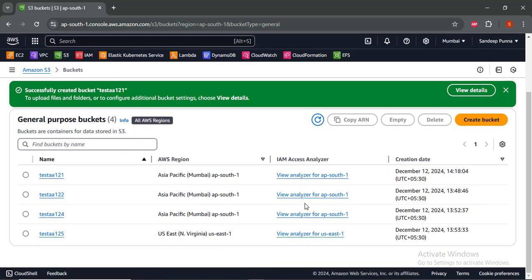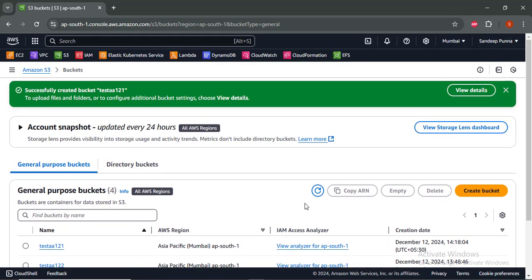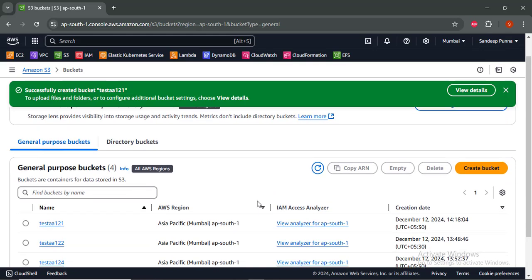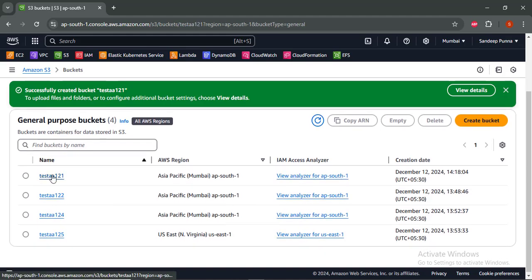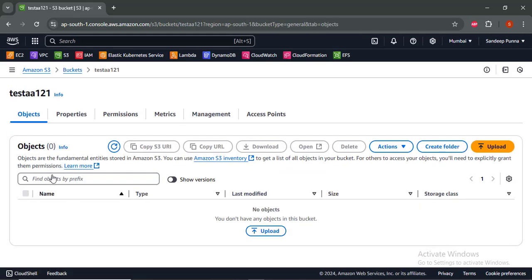Congratulations, you created the first bucket if you followed my tutorial and did it in parallel. And our new bucket is created. And now we will create... See, we will go in depth. We will go into options like, suppose you want to upload a static website, you need to follow